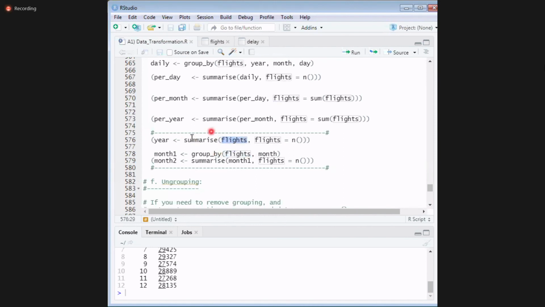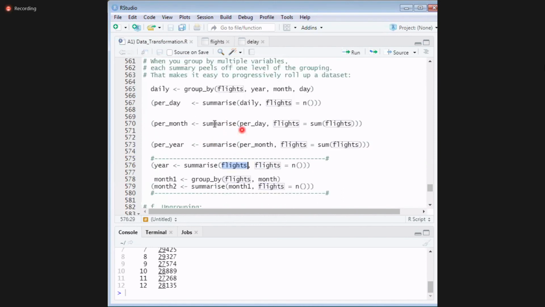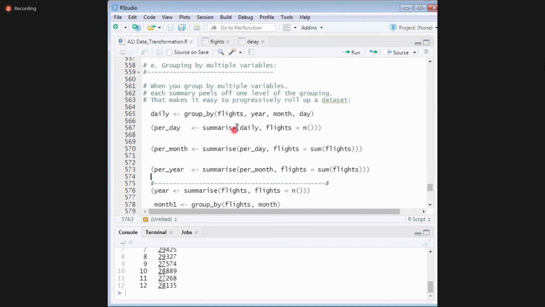But here for month, instead of taking flights, I'm taking the data from my per day data and then using the sum function, not the count function. Either you can do it using the count function or the sum function. So for solving a problem, there are multiple ways. This I am picking up from grouped data.